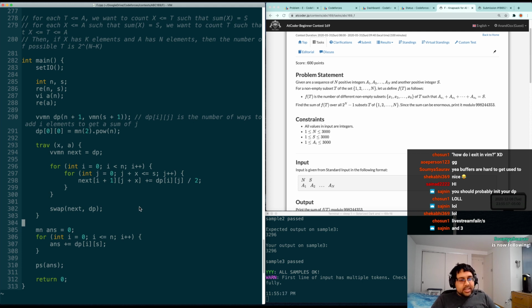The idea here is that we don't actually care about the number of elements. We kind of just care about the number of ways to do stuff. So I believe that we can actually stop storing I completely. Yeah, so basically whenever we use